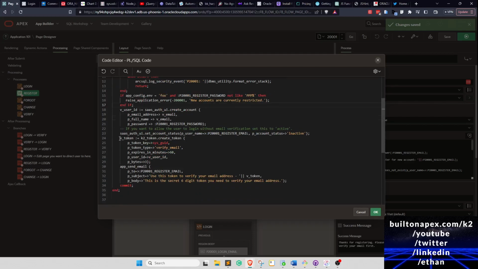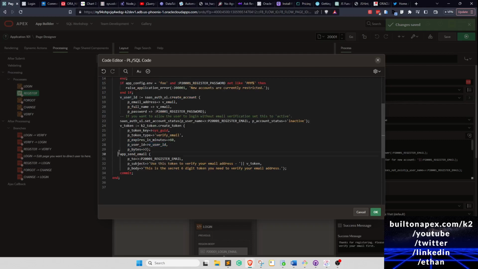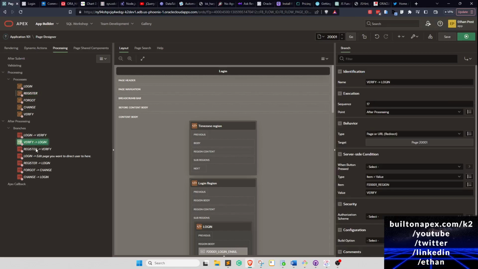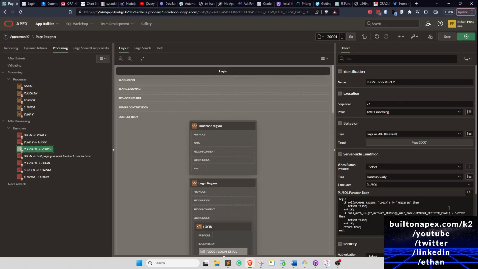So we do that, then we create a token, a 6-digit token. We associate it with the user ID, and then we send the email, and we pass the token in. Then they can use that. They'll get redirected to the verify page. They can use that token to plug that in. Go ahead and OK here. So if they go to register verify,